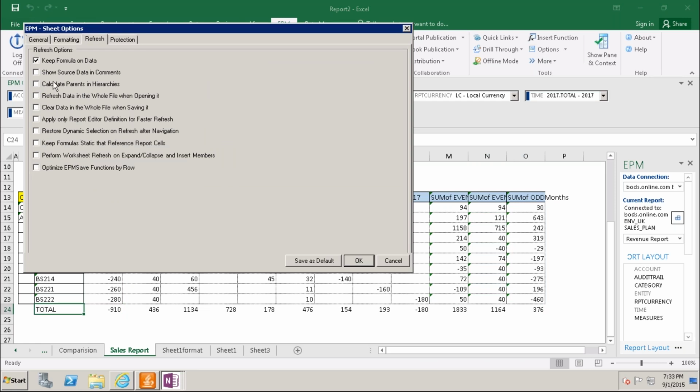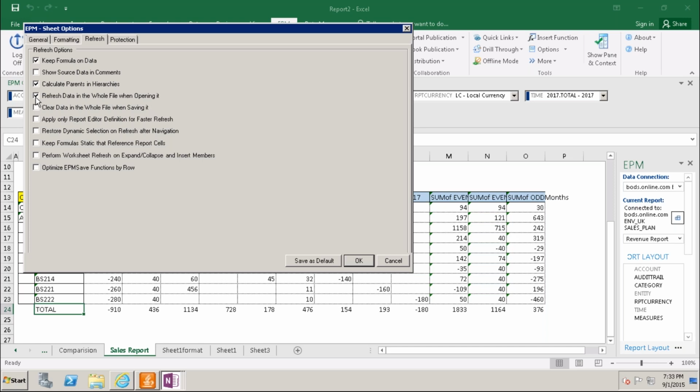And calculate parent hierarchies. If you have any calculations at parent level and you check this box, it will always calculate at parent level in hierarchies. Refresh data in whole file when opening it.